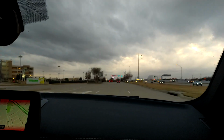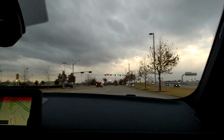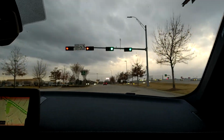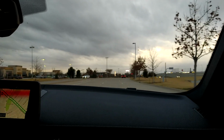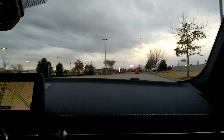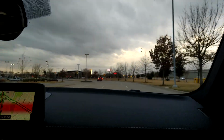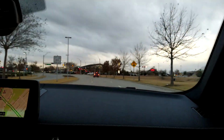I mean, 0 to 60, they claim is 3.9. This feels much faster than that. And the power in sport mode is everywhere, because the ZF8, even though it's not a manual, is always in the right gear. The Audi, BMW, some of the FCA products, the Chrysler 300, the Jeep Trackhawk, they all have the ZF8, and it is